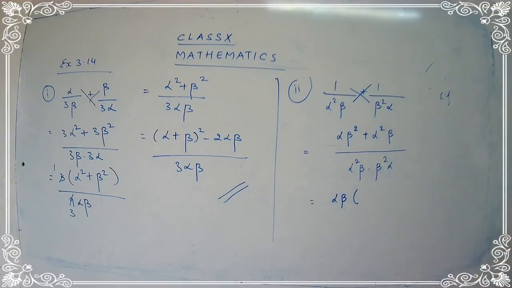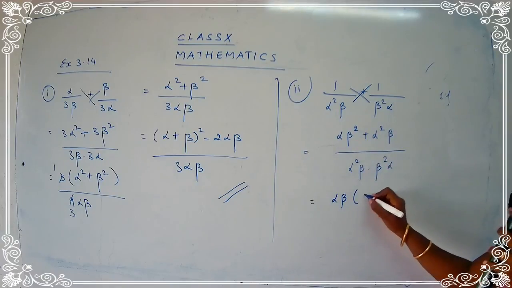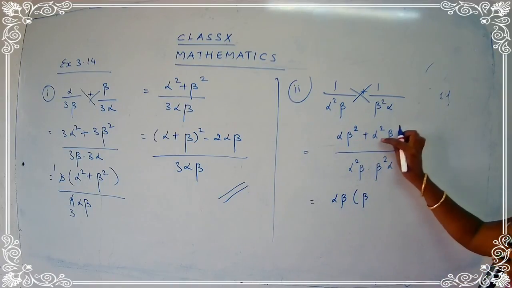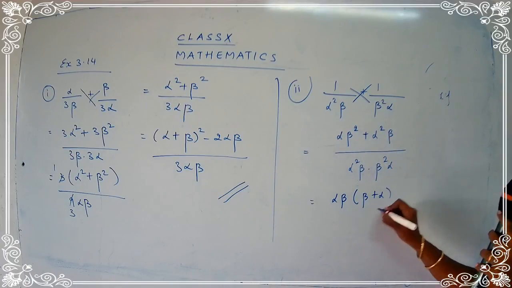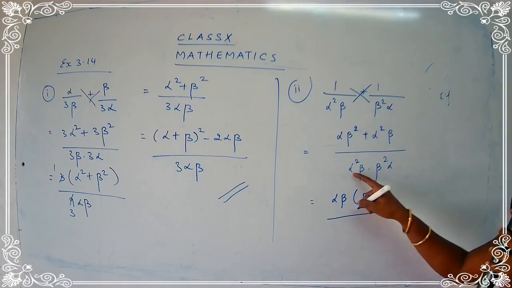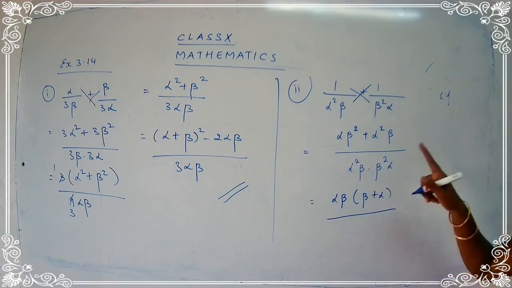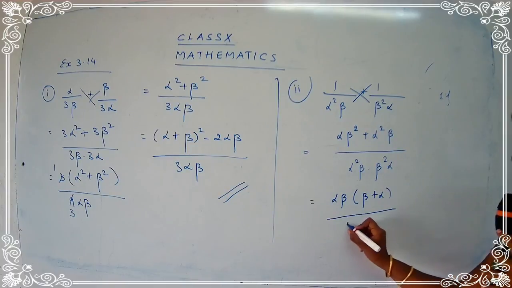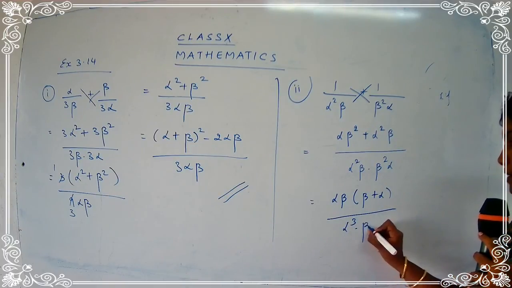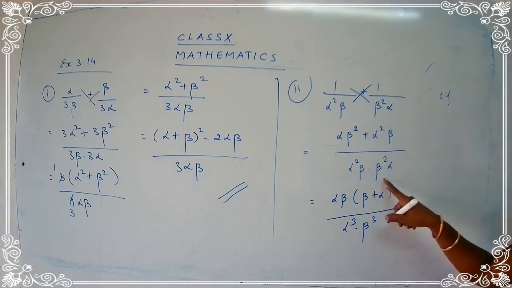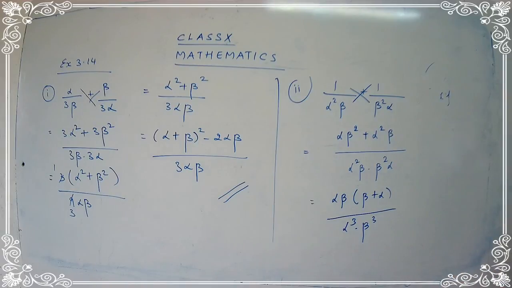Alpha beta. What is left here? Beta. What is left here? Alpha. Upon, how many alphas do you have here? 2 and here 1. So alpha square into alpha, alpha cube, into beta cube. Beta into beta square, beta cube. So do not get confused with your sum. The sum may be looking complicated, but this is very easy because you are using new variables over here, using alpha and beta. So this may look in a different manner.